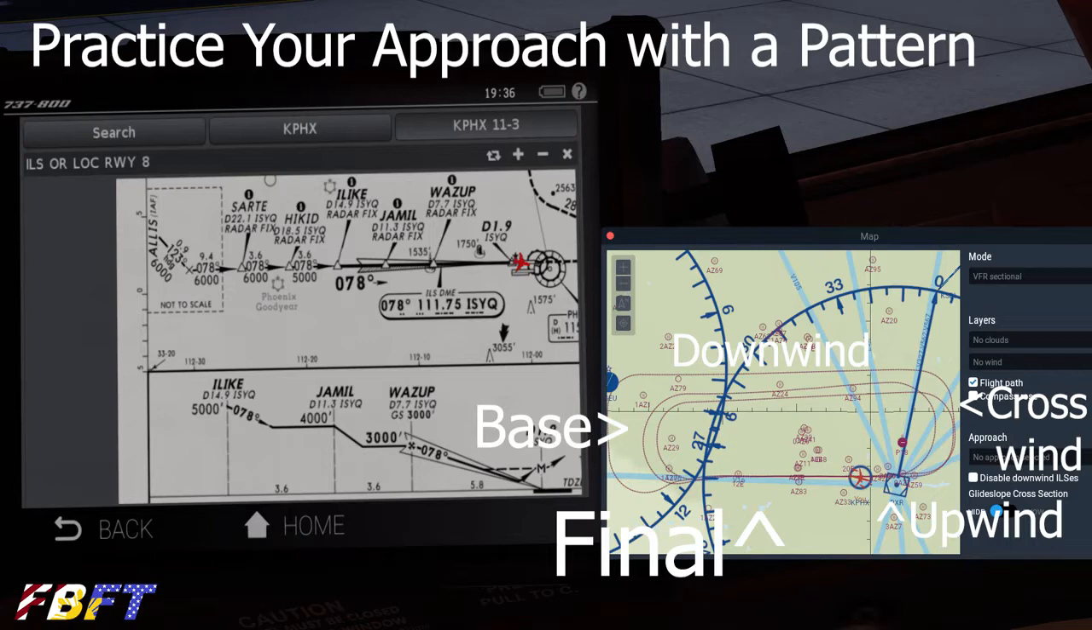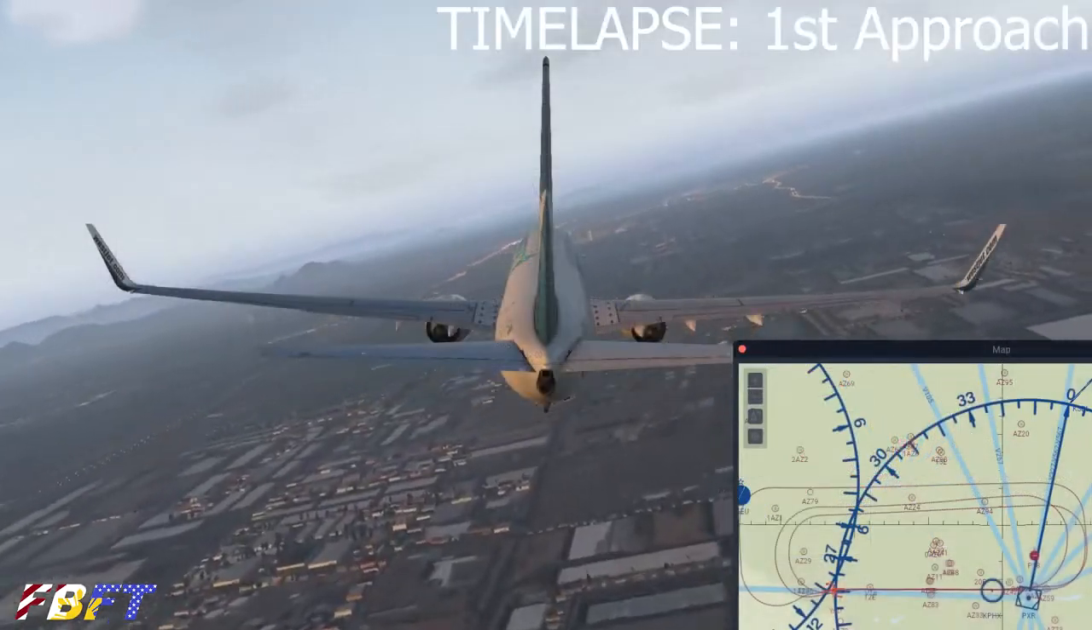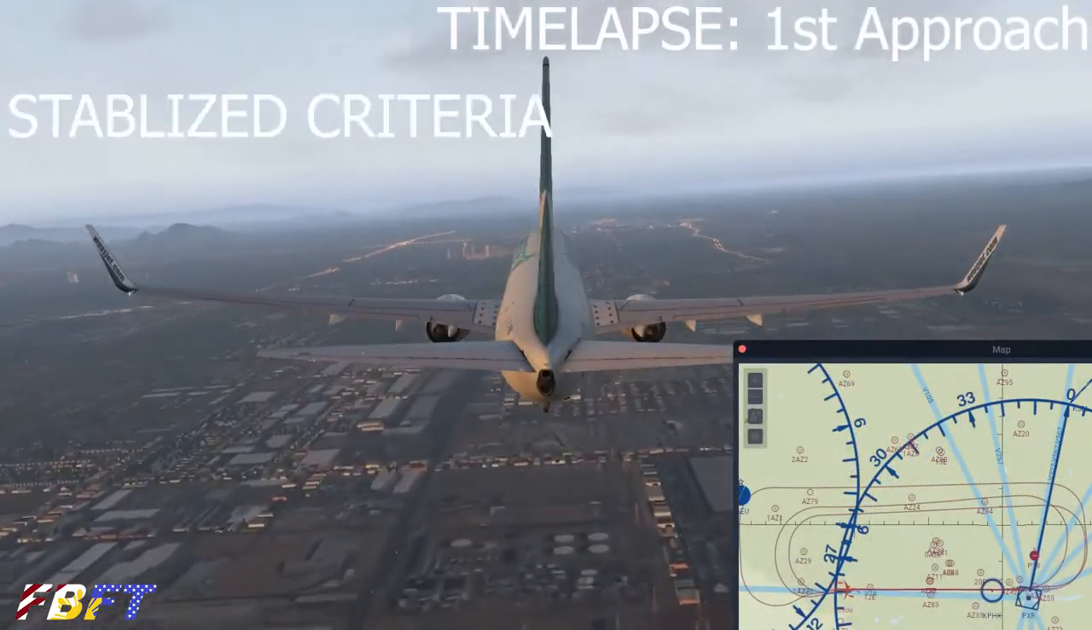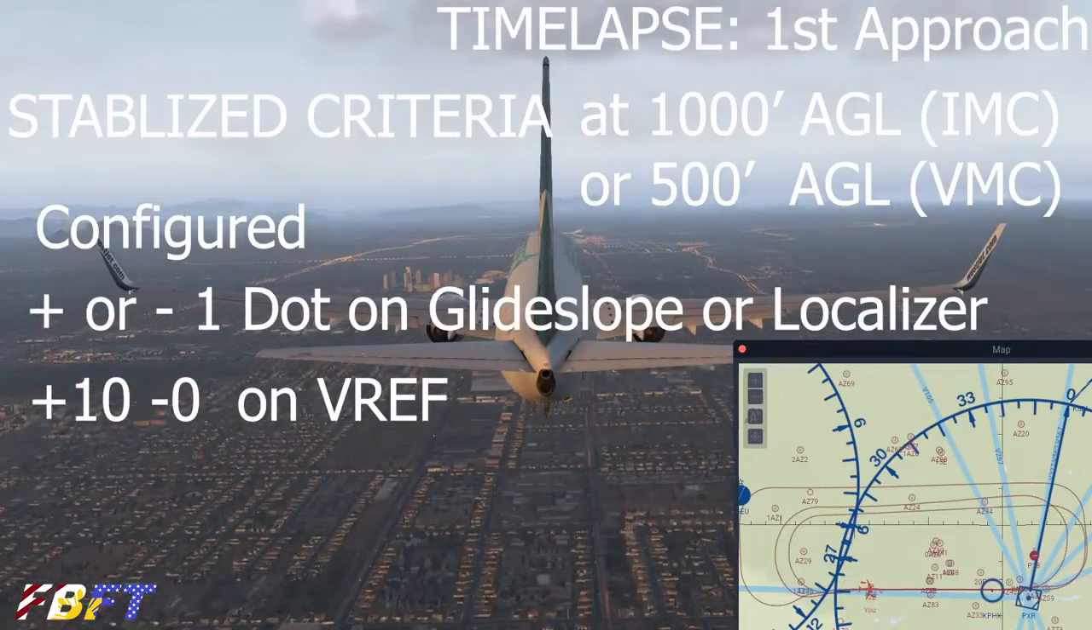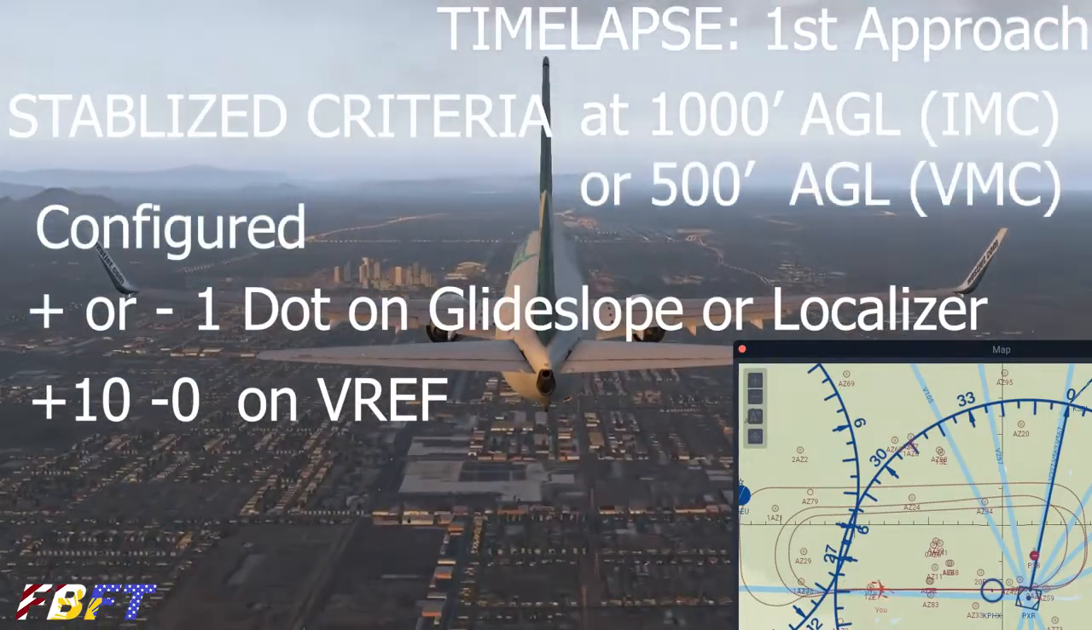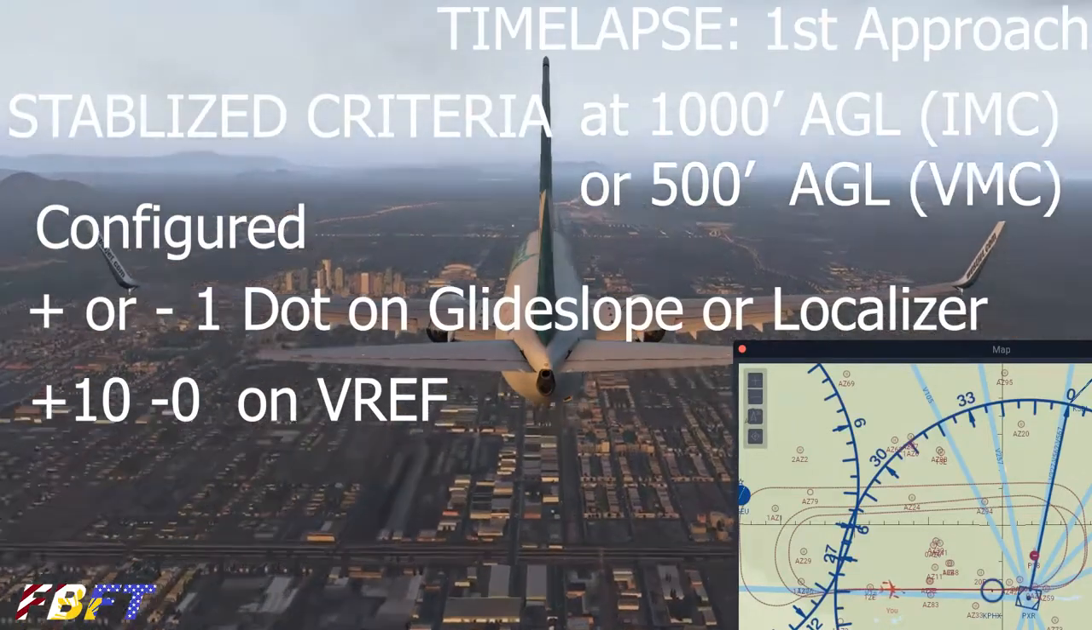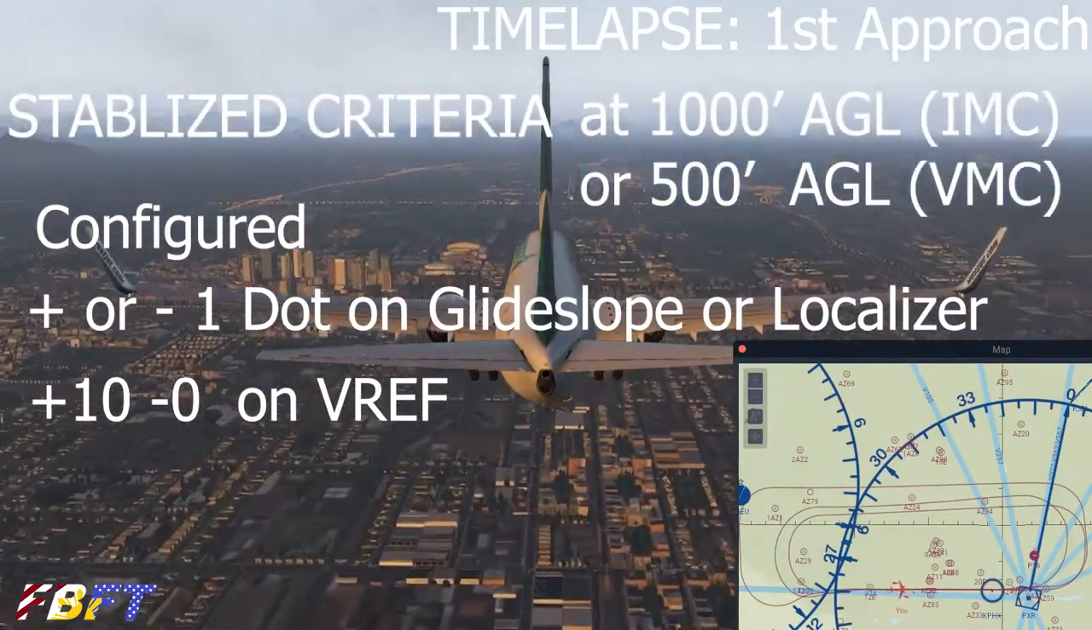When should you say this isn't it and go around? Well, let's talk about that. I was able to find on the internet these references that most airlines require stabilized criteria that at 1,000 feet above ground level in instrument meteorological conditions, or at 500 feet above ground level in visual conditions, that the aircraft